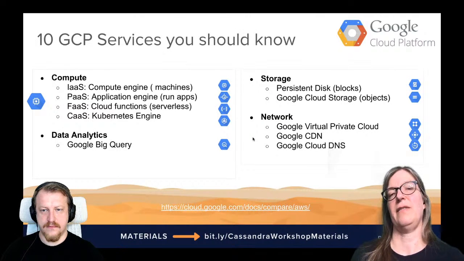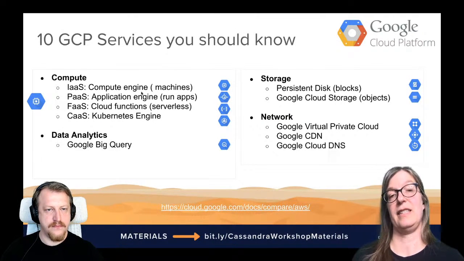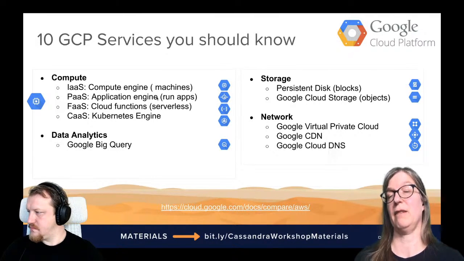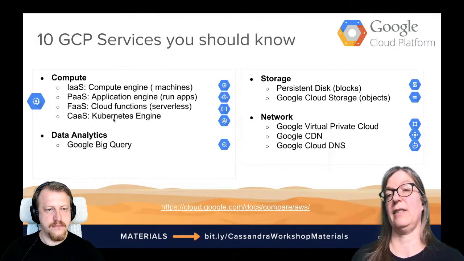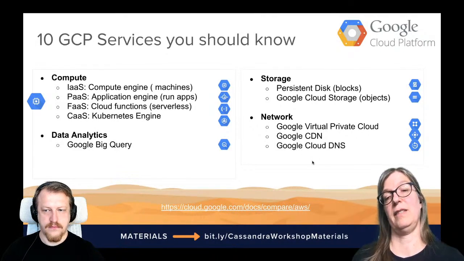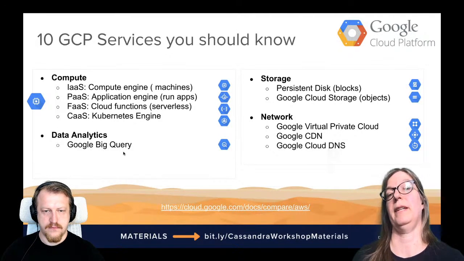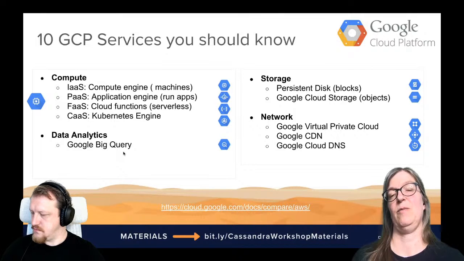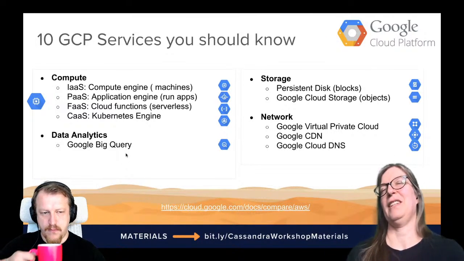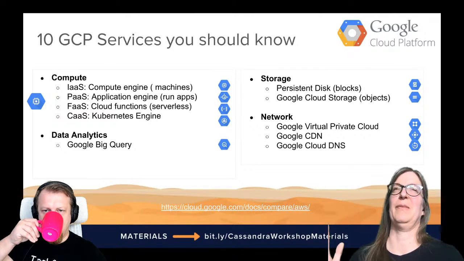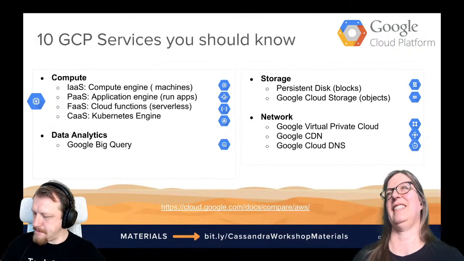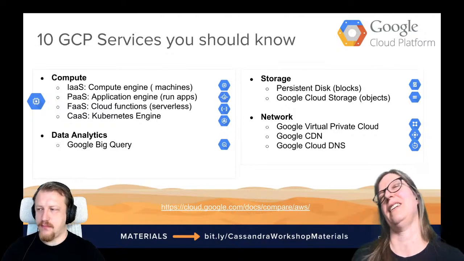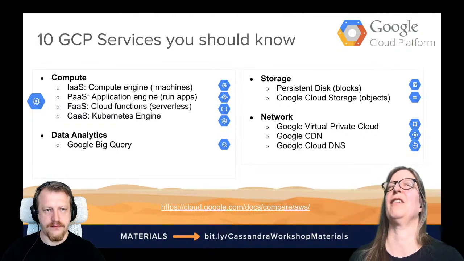The 10 services that you should definitely know. Again, compute engine, these are your instances. App engine, if you want to very quickly deploy apps, serverless functions, and the Kubernetes engine, which we will be really exploring today. Then the different storage options and the different networking options that you have. And Google BigQuery is very popular, and the integration is made very easy. For example, if you really wanted, you could just export your billing into BigQuery and analyze it there and work out where the cost goes, if you have a really big deployment in Google Cloud Platform.